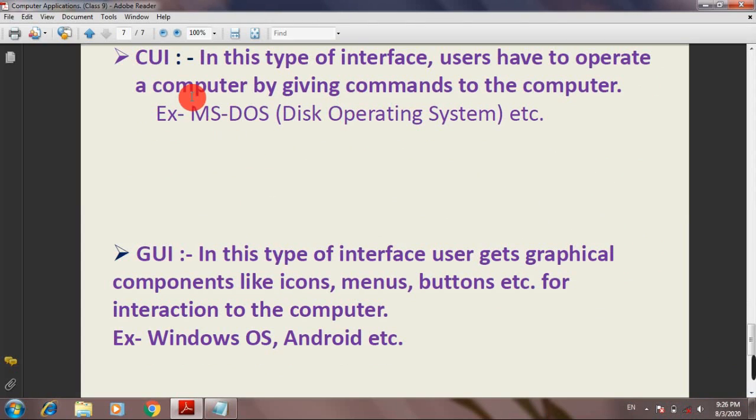For example, CUI: MS-DOS, DOS here means disk operating system, and a GUI example can be Windows operating system or Android. So I'm going to show you these two different types of interfaces on this computer.